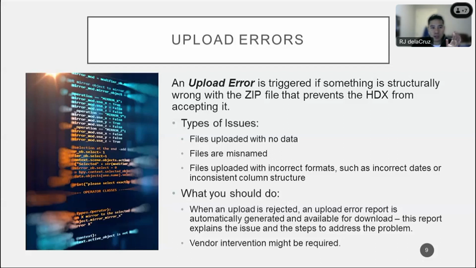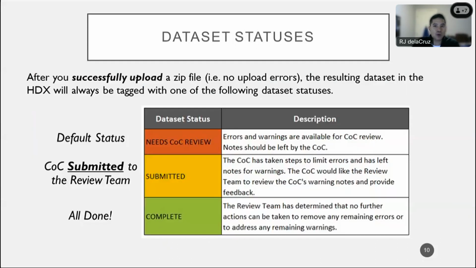All right, so hopefully you're able to get a successful upload. You get past the upload error hurdle, and now your data set will take on one of these three statuses. After you first successfully upload that zip file, the resulting data set will be either Needs COC Review, Submitted, or Complete. The default status is Needs COC Review, because that's the first status telling you that you have your errors and warnings that you can review now. As soon as you're ready to submit the entire data set for our team so we can provide some feedback, you submit it to us, and the data set status becomes Submitted, which is short for COC Submitted to Review Team. And after some back and forth, the review team can mark a data set as Complete, meaning